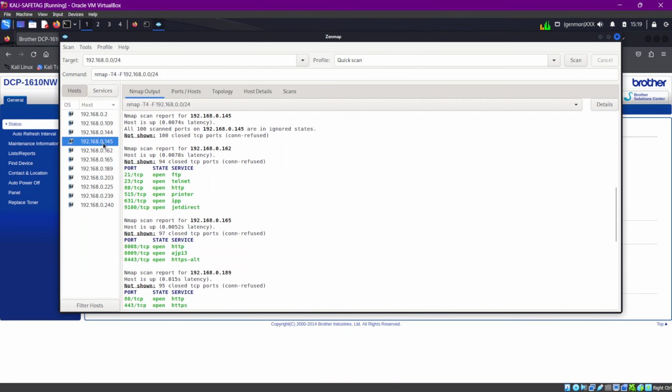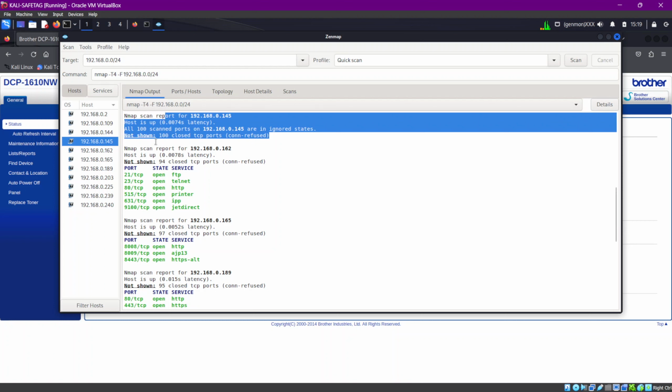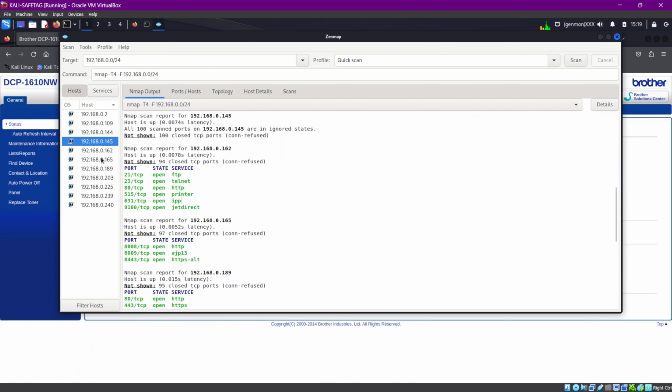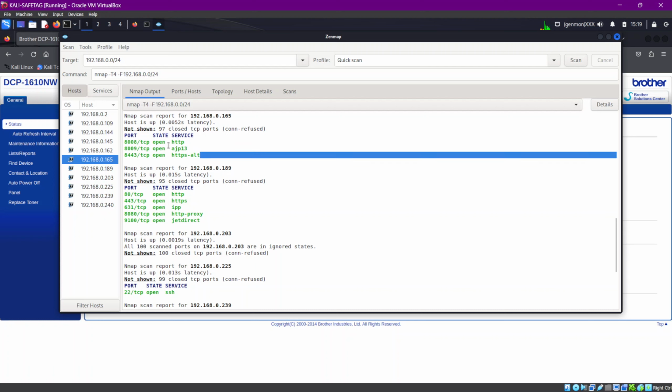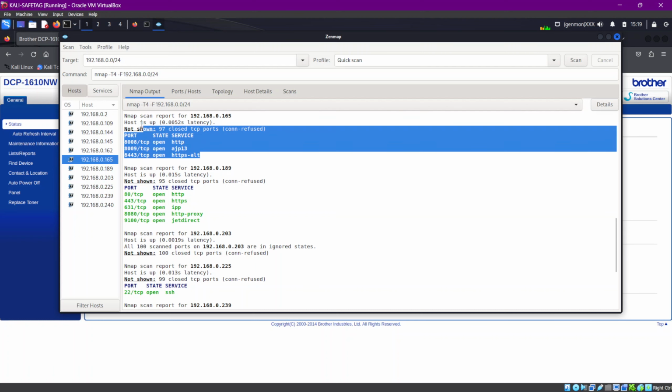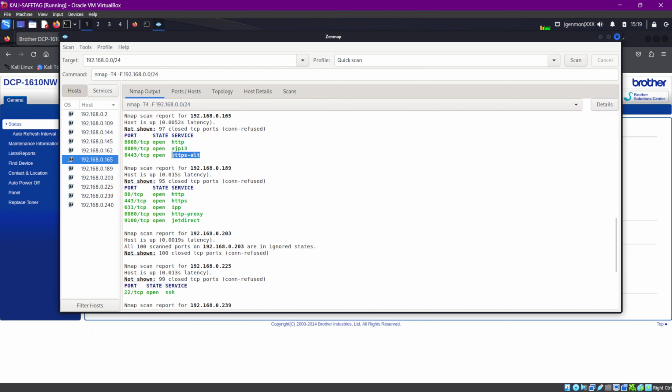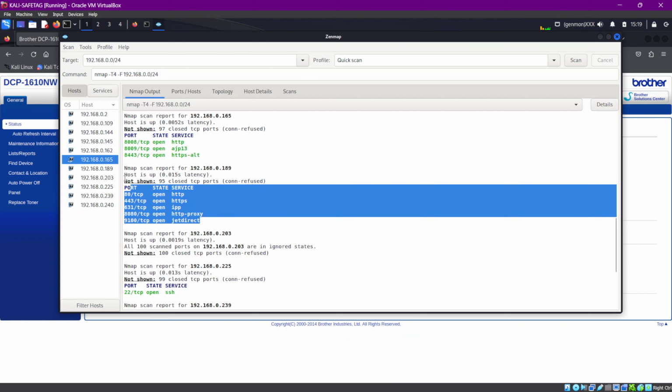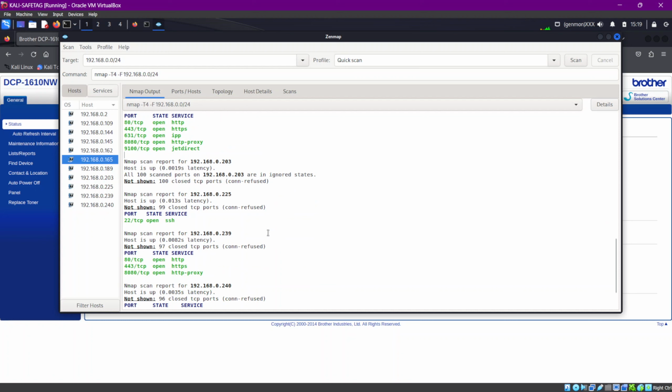You can go to this other one, and this is the same one from before, 165. You can also see some data here. If I recall correctly, when I see this, I'm looking at some Google Nest devices in this network. The first time I saw this, it was a little freak out, but after reviewing, there are a couple of Google Nest devices in this network. This is another printer,